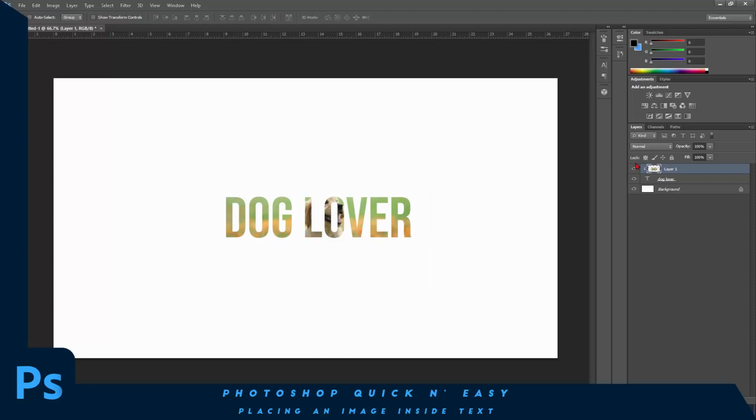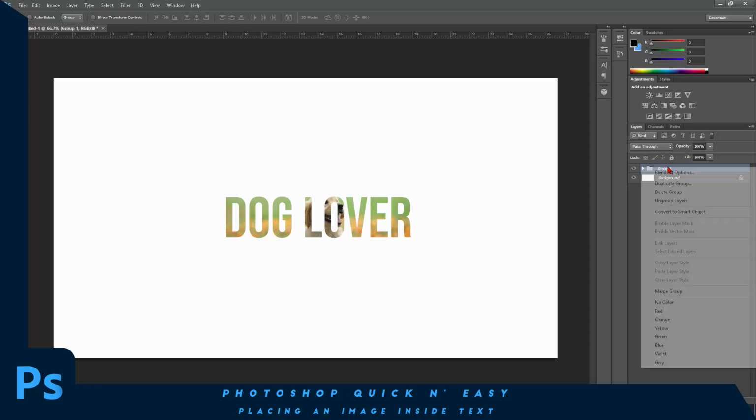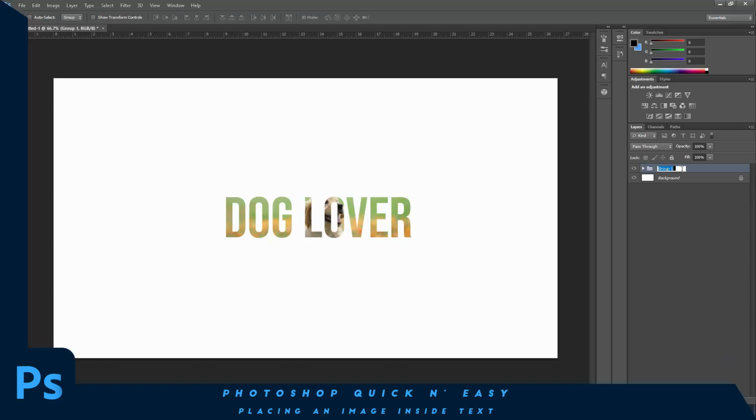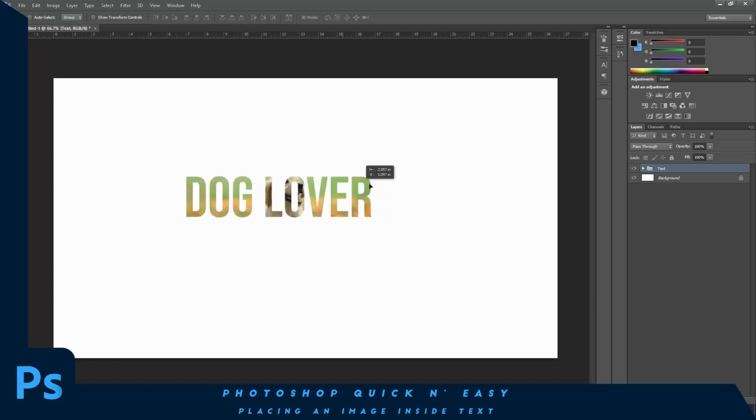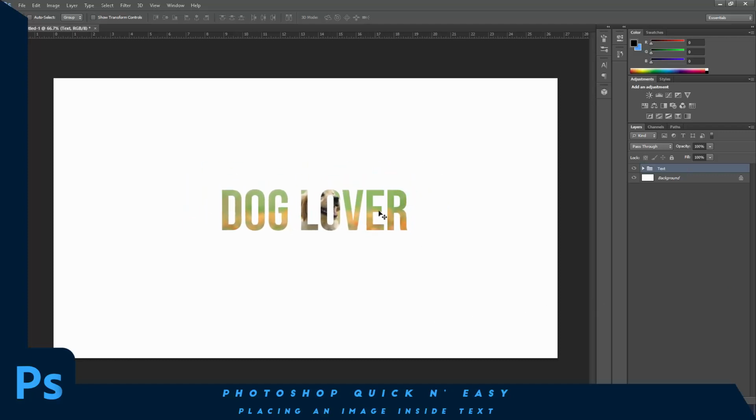So now I just want to click save on the layer, and then I want to right click on both the layers, control click, group them. So that means if I move one of them, I'll be moving both of them, and I can just call this text. So as you can see, if I move that, it'll move both of them together